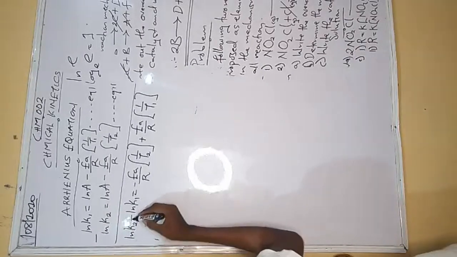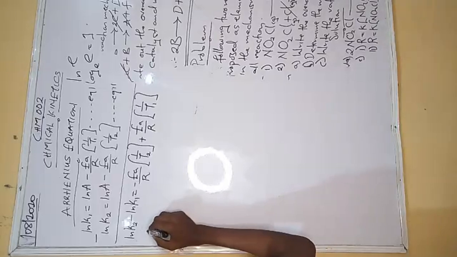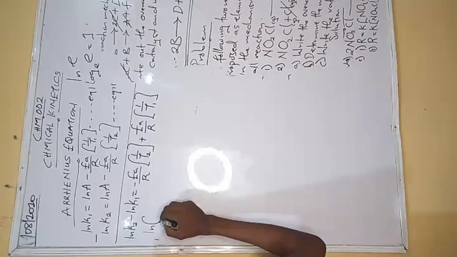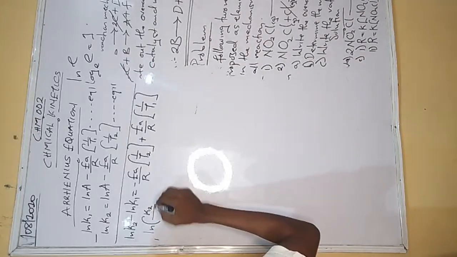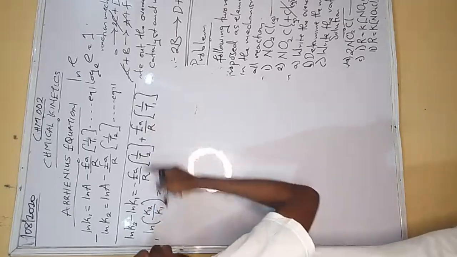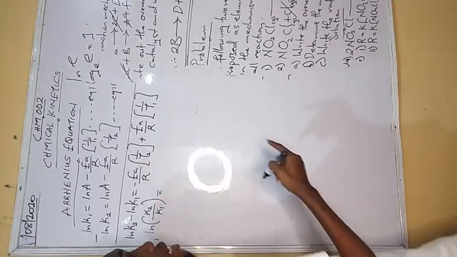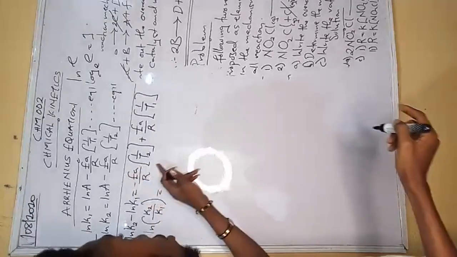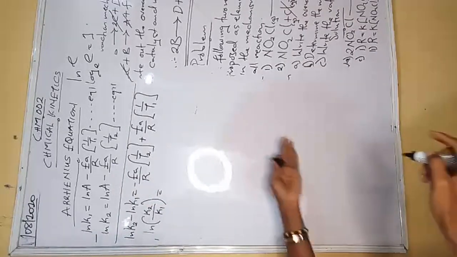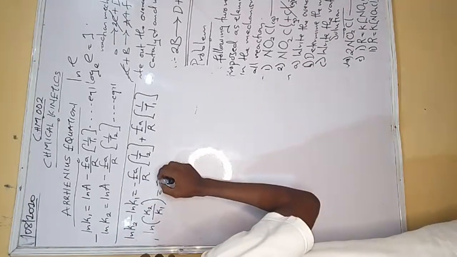Now, in log reading, when you have minus, what does it turn to? That division of it. So this is ln of open bracket K2 over K1 close bracket equals, what's common in these two? Of course, what's common is minus. You can say EA over R, or you see minus EA over R. Any one of the two goes. Are you getting me now? So you can say minus EA over R